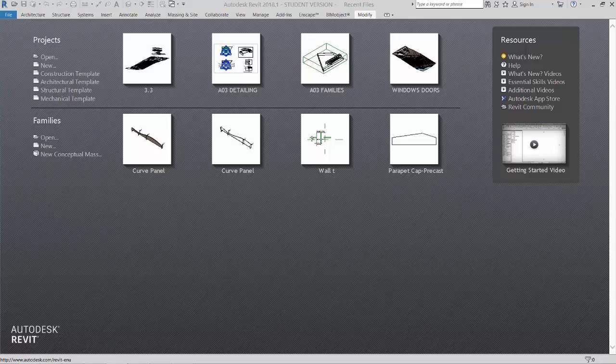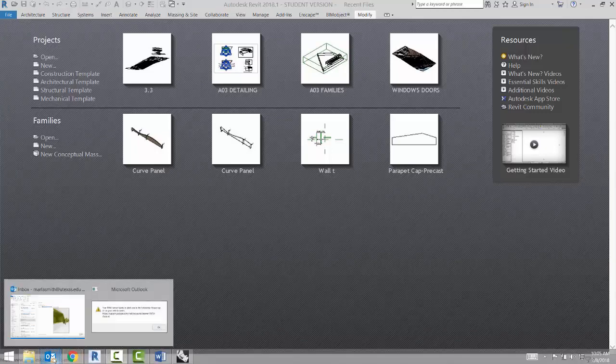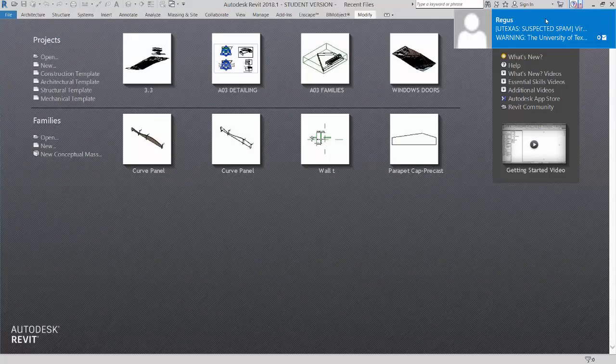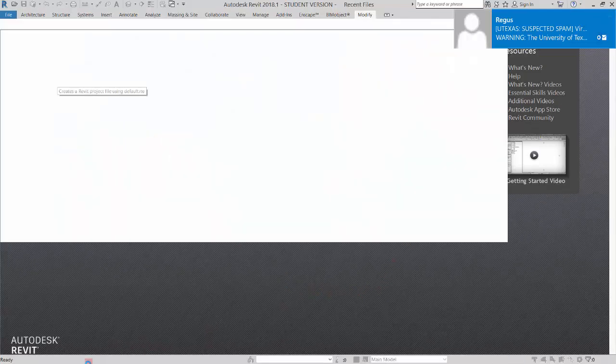Okay, so here's a video on how to make that wall that you were talking about, with the sort of faceted area. So let's take a look at that. If I go to architectural template and just start a new project,